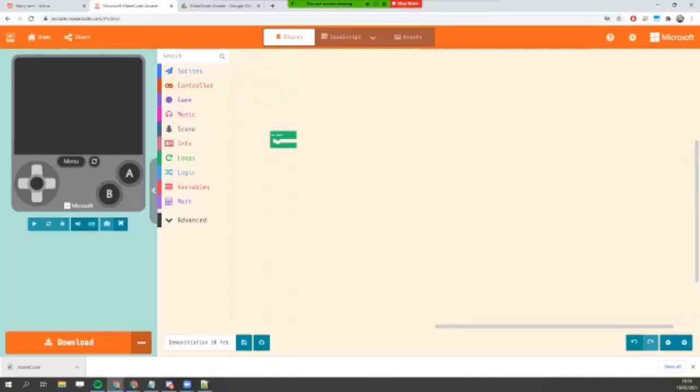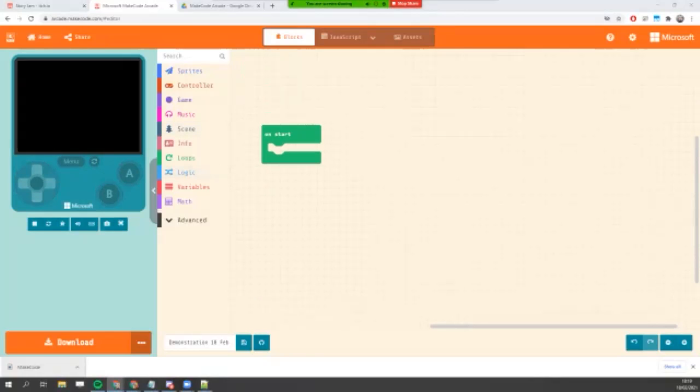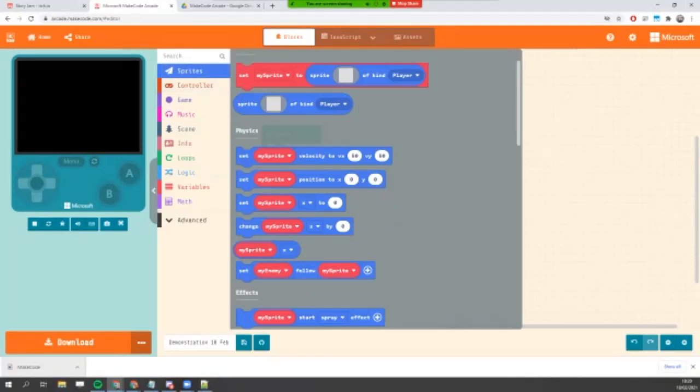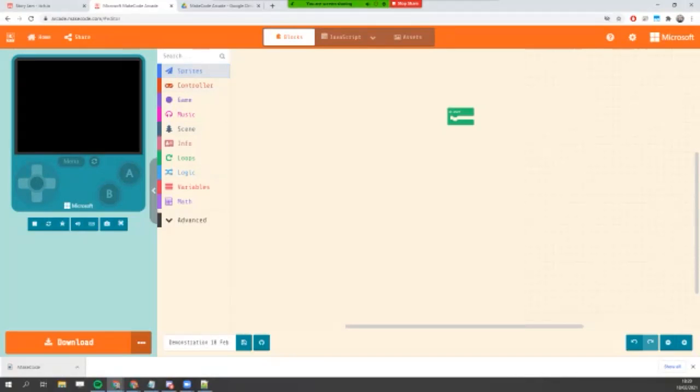this is how you start off in MakeCode Arcade. So what we're going to do is take it step by step and recreate bits of the game. You can find the full tutorial in the slides presentation that I shared. So first off, I just want to go over the basics. Here, let me just zoom out a little bit. Here you can find